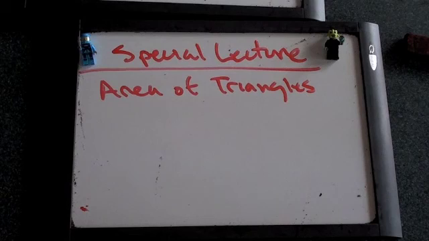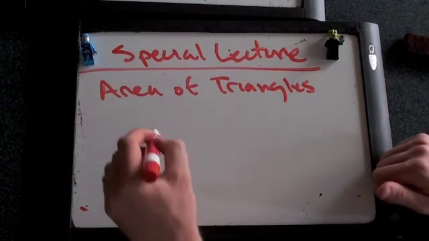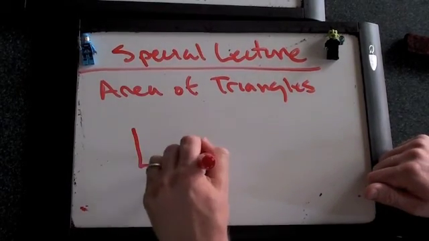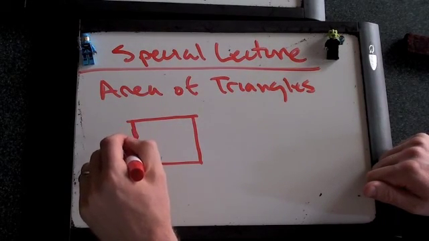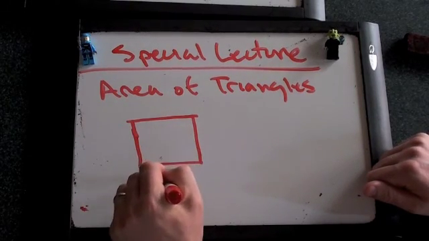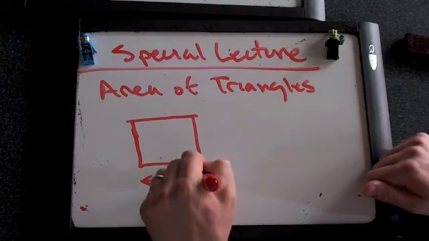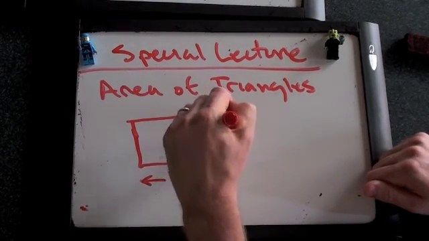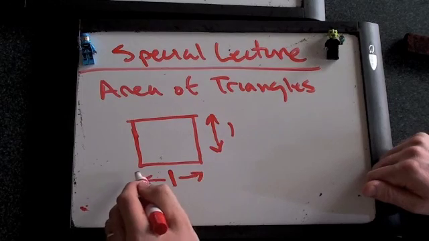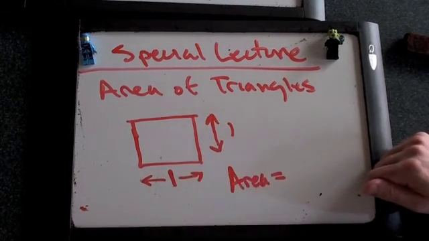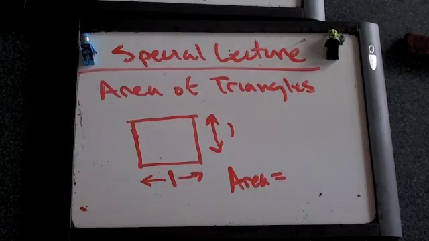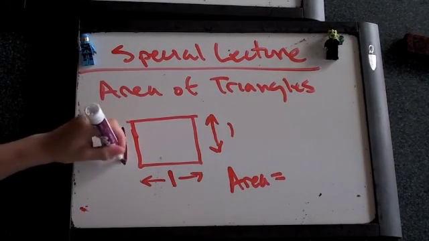Now we've already talked a little bit about area of squares. Let's see if you remember this, because we only talked about it once. So let's say you have a square that is 1 wide and 1 tall. So it's 1 this way and 1 this way. What's the area of that square? Area is 4. How did you figure that out? Because there's going to be